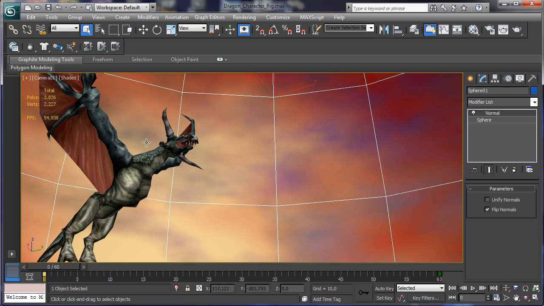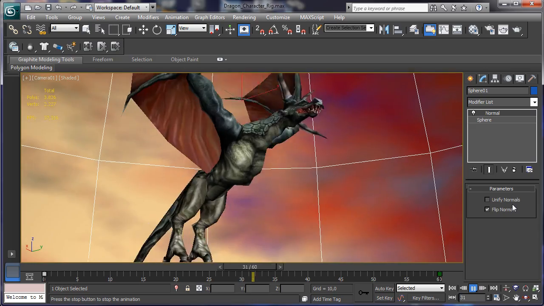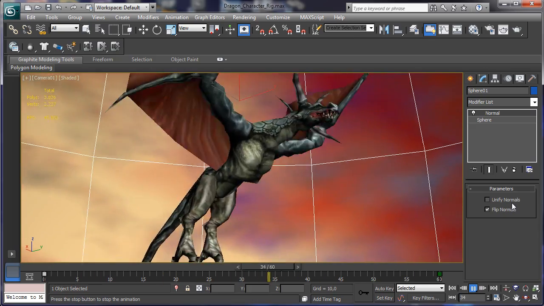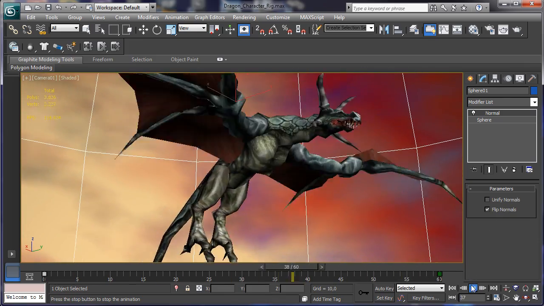and the FPS. Let's try to set it to play, and you see that we have something between 20, 40 and 100 frames per second. So it's really fast and really stable.